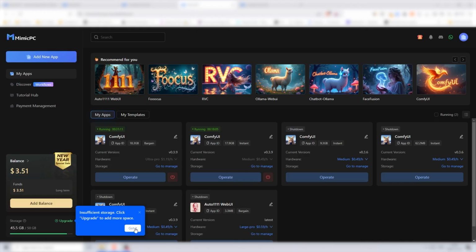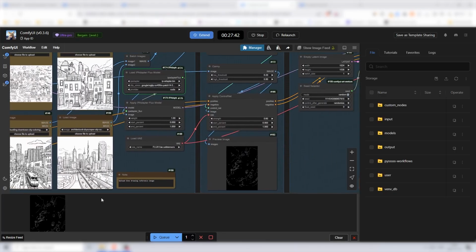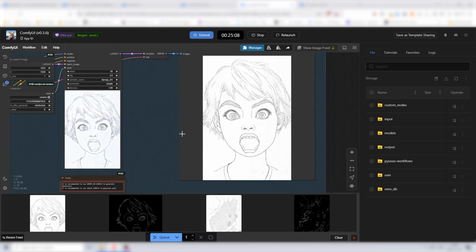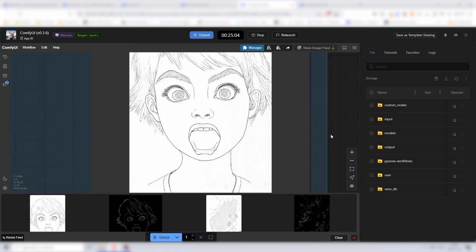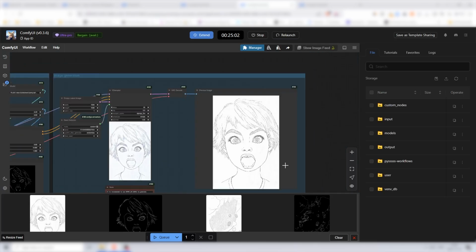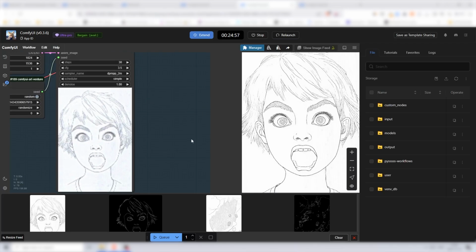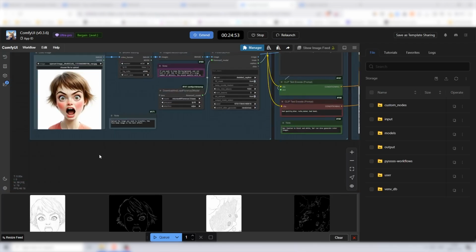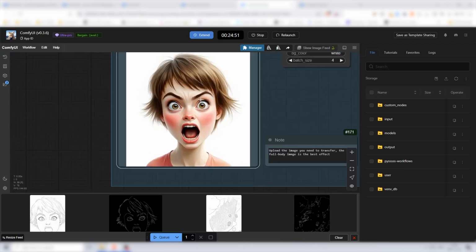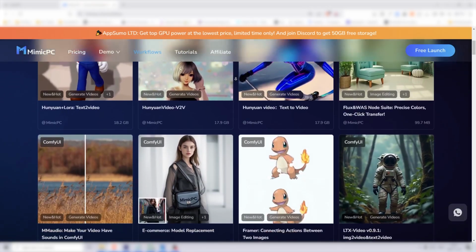Here is another workflow. Many of my viewers are into creating stories, illustrations, and books. This is a great way to turn your characters and images into coloring pages. In this ComfyUI workflow, I upload an image of this woman with an exaggerated expression and it turns it into a line art. You can play around with the settings to get various results and adjust the thickness of the lines, etc. As I mentioned before, there are tons of different workflows that can be played with on this platform,